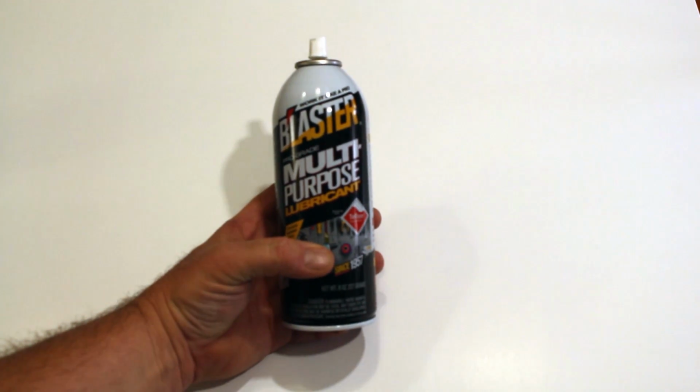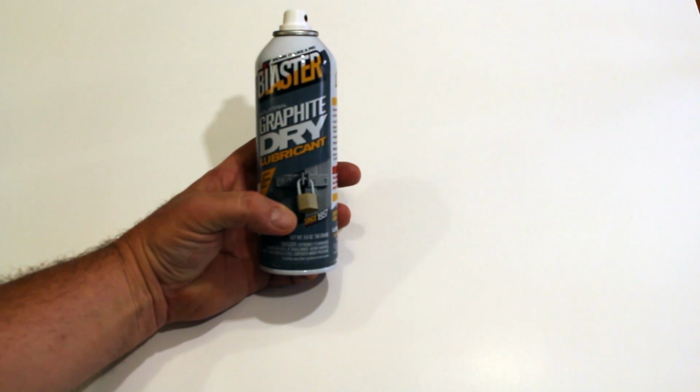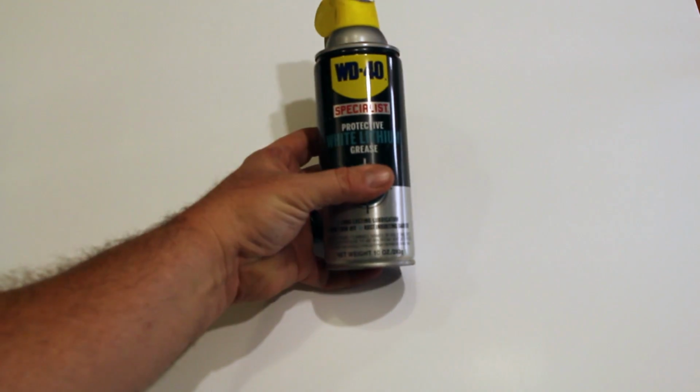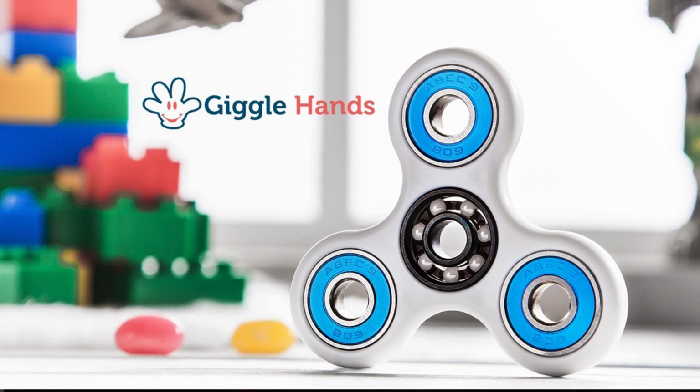This one is Blaster Multi-Purpose Lubricant, Blaster Graphite Dry Lubricant. I'm very curious about this one. This one should be interesting. We have a WD-40 White Lithium Grease, and we have a WD-40 Silicone. So we're going to try all 4 of these on a new spinner that I've bought